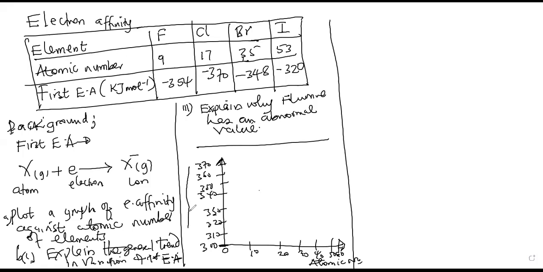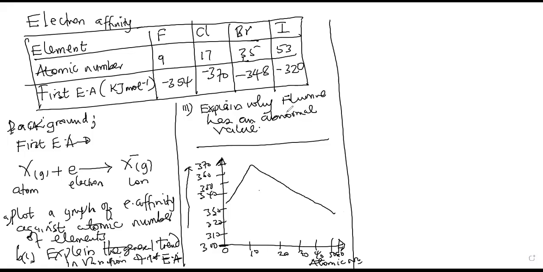You can label your axis vertically or horizontally. So say first electron affinity in kilojoules per mole. You're going to find that your sketch will be like this. Then it goes, I'm assuming it may take that form. So here comes a question now. I told you that you can discard the negative signs,